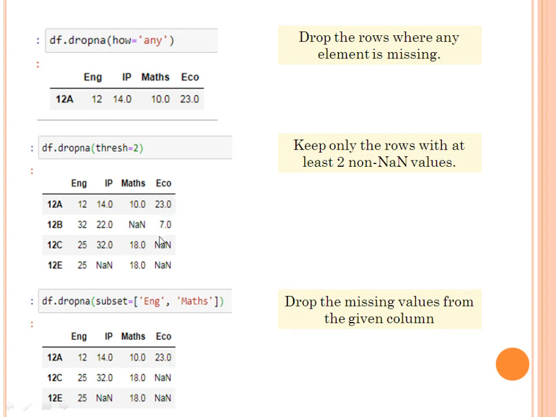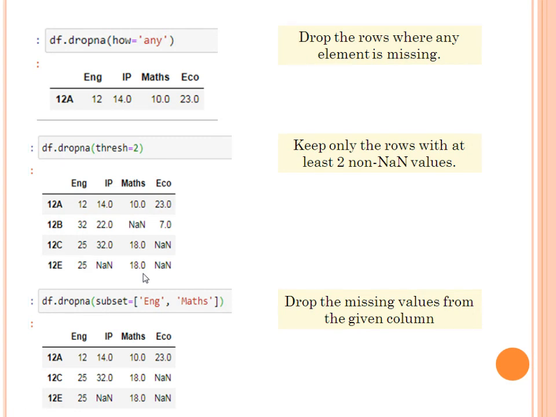The rows which have at least 2 non-NaN values must be displayed. So here 12A, B, C and E are displayed because in 12D we have 3 NaNs and 1 value. So for displaying you must have 2 values in hand. Okay. So if 2 values are there, then it will definitely show your row in the output.